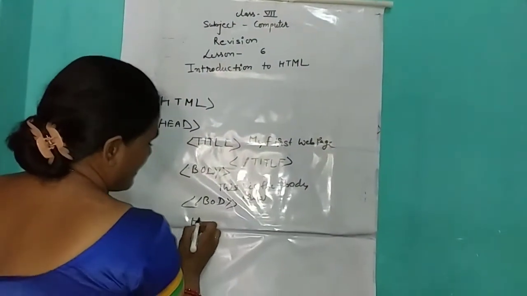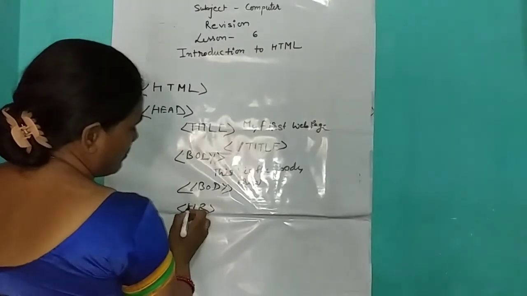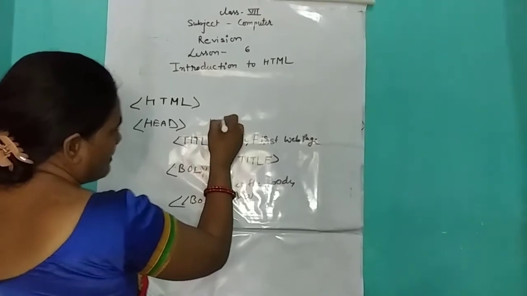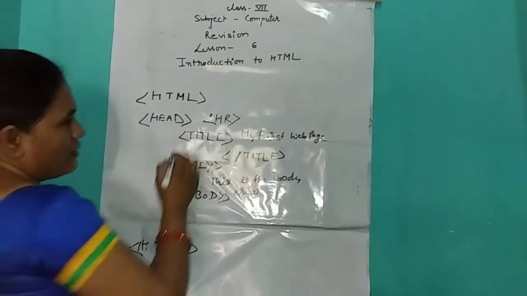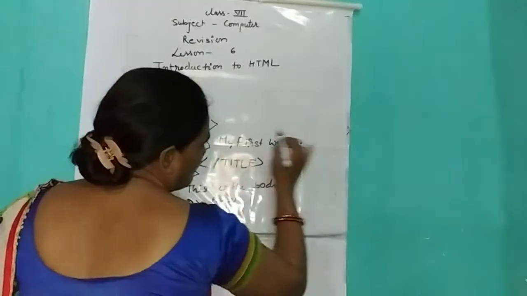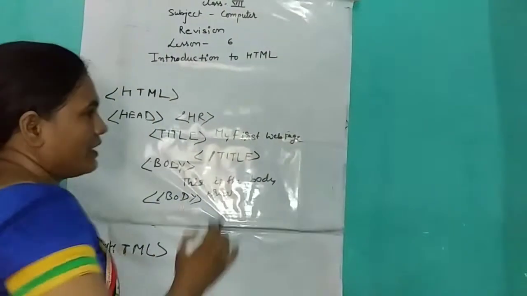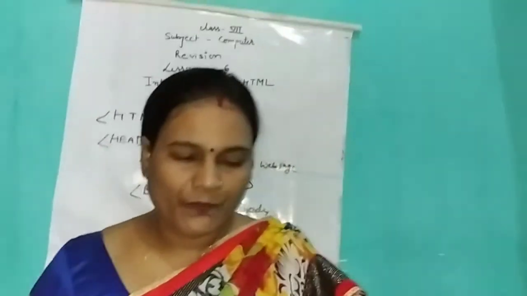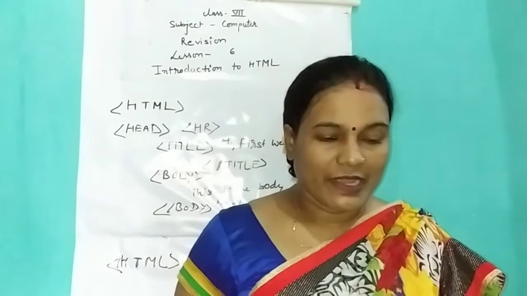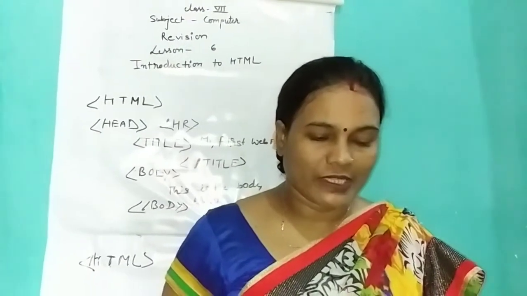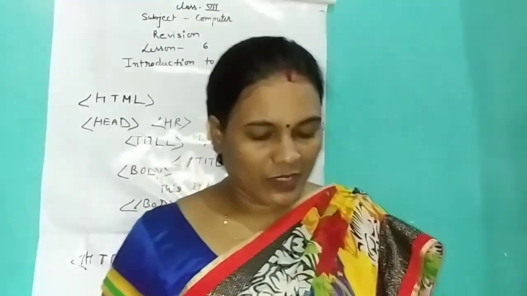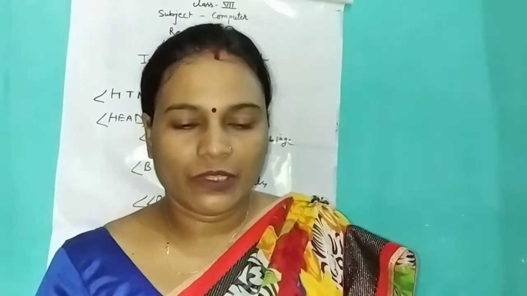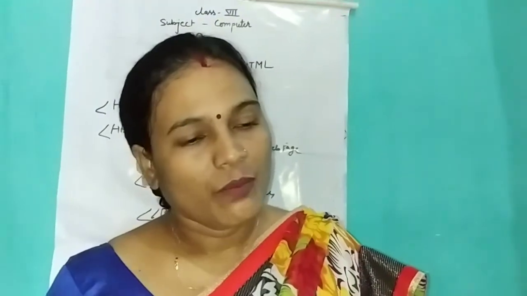Okay. Next is horizontal rule, or HR tag. This is the HR tag, horizontal rule. Okay. You can write it anywhere. Suppose you write it after the head, then after the head you will find a thin line. Okay, a thin horizontal line. That is an HR, horizontal rule. HR has several attributes like size, width, align, noshade, color, etc. Okay, and the BR tag is for the line break. If you want your content to shift to the next line, then you can choose the BR tag.